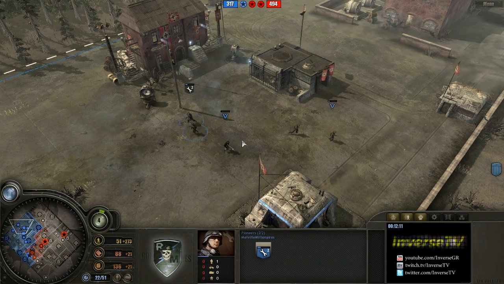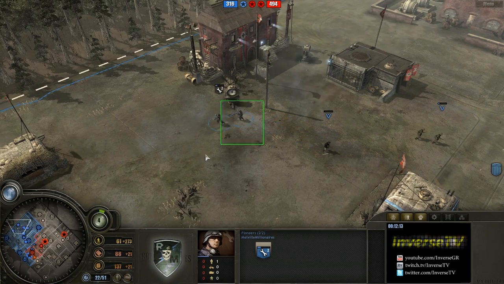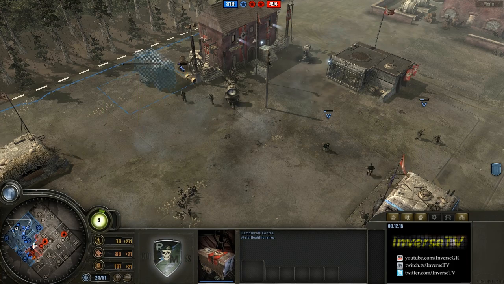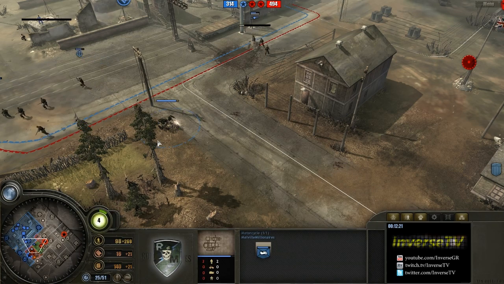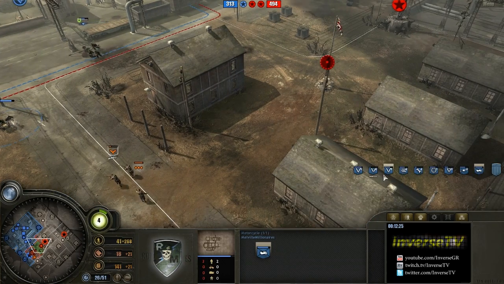Now, I have delayed my Compcraft Center a little bit this game. I am going to get it right now. I'm getting it after the bunker. And the main reason for that is just because I wasn't able to afford it, really. There's no other reason beside that. I did get an extra Gren